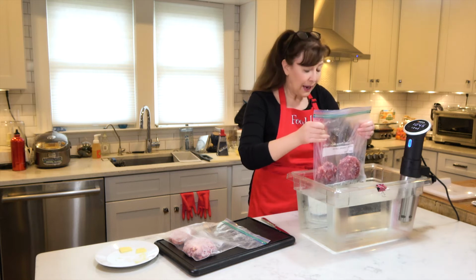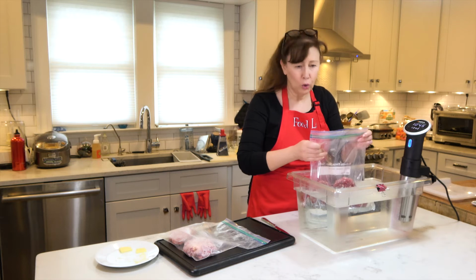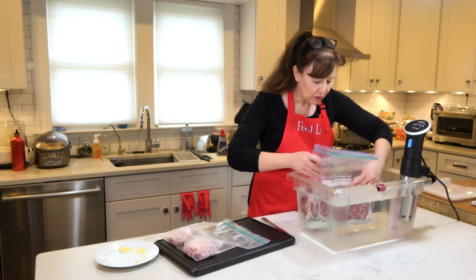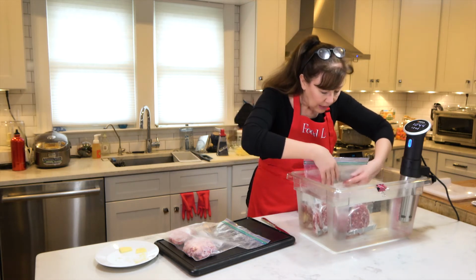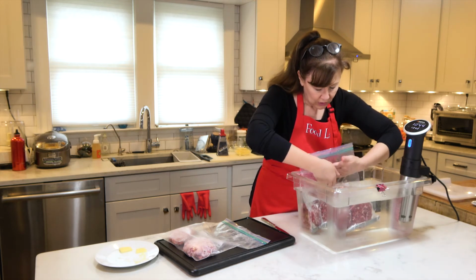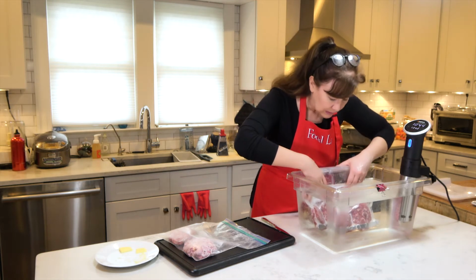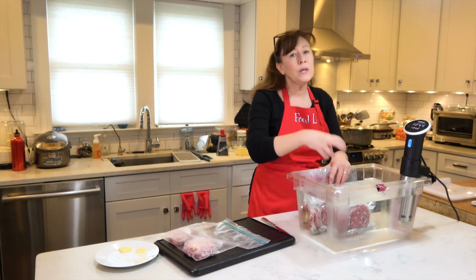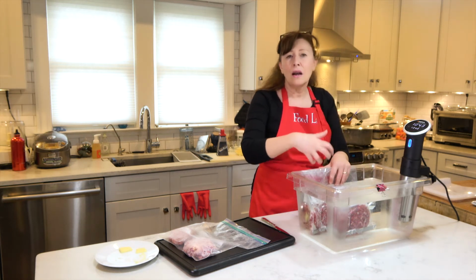And when you put your bag in the water, you put it in with the bag open, because as you're putting it in, you can see that the water is pushing the air out. It's displacing the air and pushing it out of the top. And so I'm just going to continue that process and make sure that there's as little air as possible, so that the circulating water is really hitting up against the meat and not air